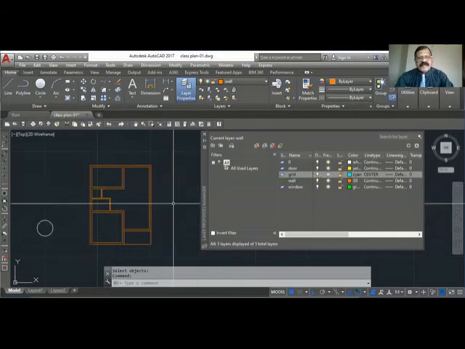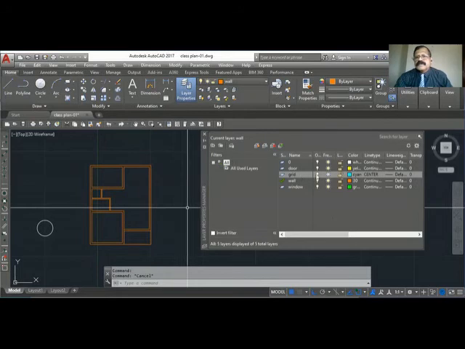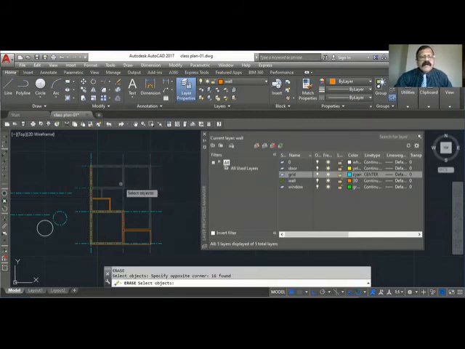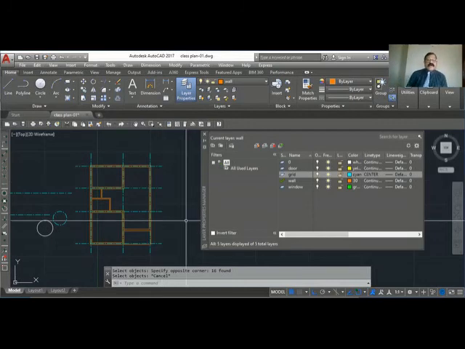And in the same way, when I say erase and click like this, I will select all the walls as well as the grid, and when I press enter, it will go. If you don't want to select by mistake, suppose your same drawing is used by another person and by mistake he deletes, it will be a problem. So you can lock your layer.